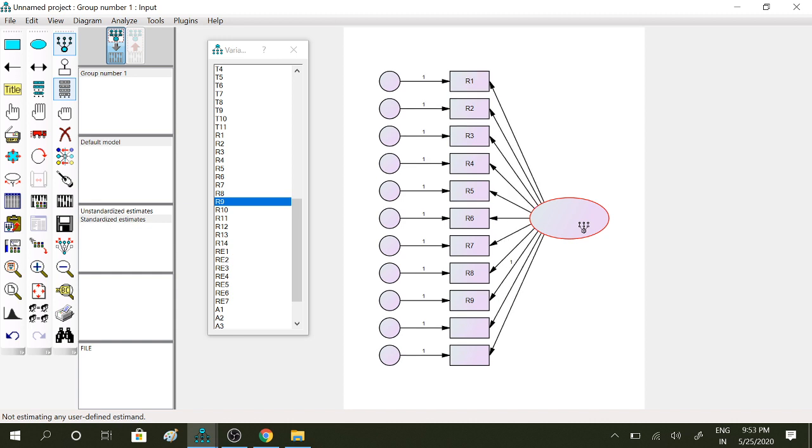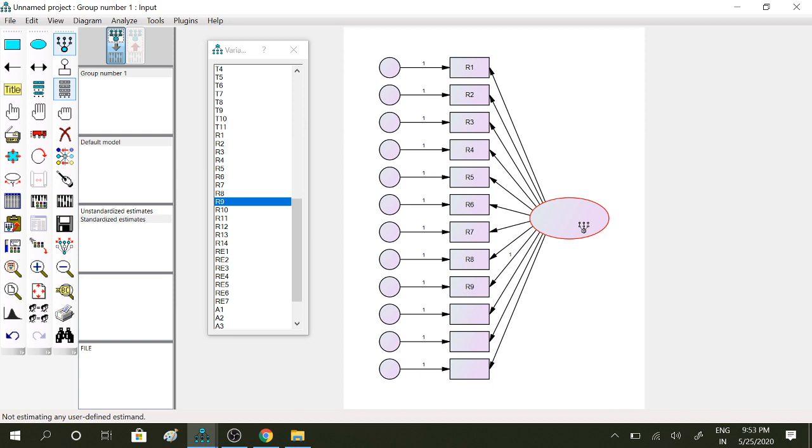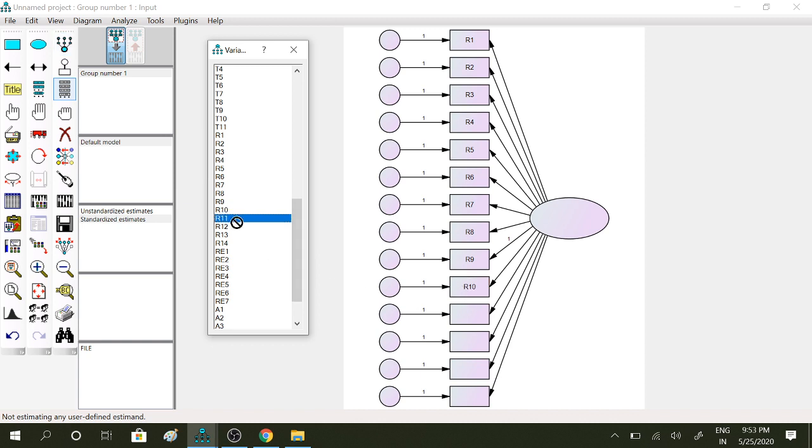We add 1, 2, 3 and 4. Last one 5. Okay. Now R10, R11, R12 drag into the rectangular box, R13 and R14. These are the observed variables.